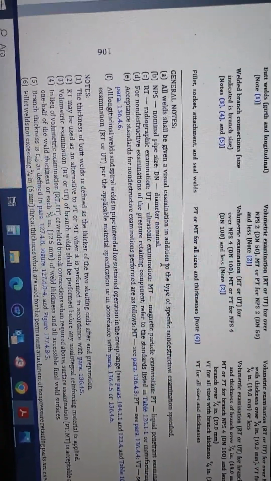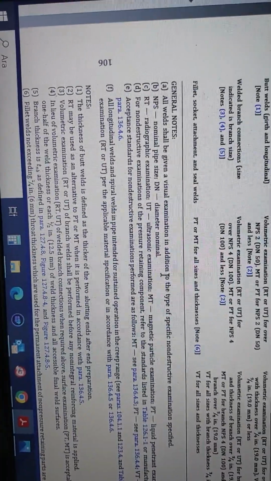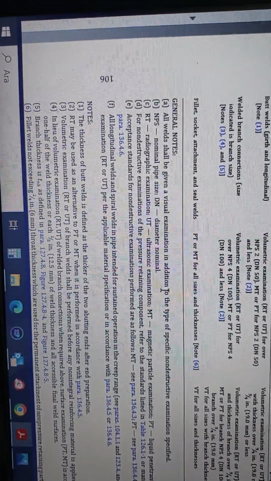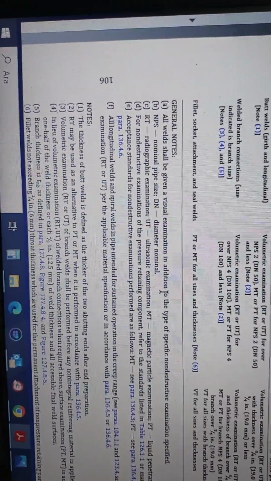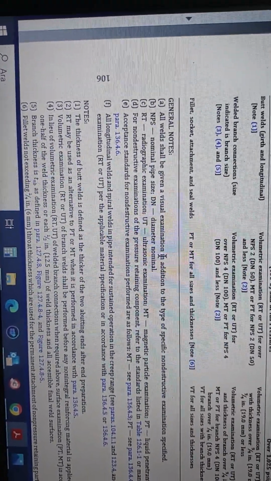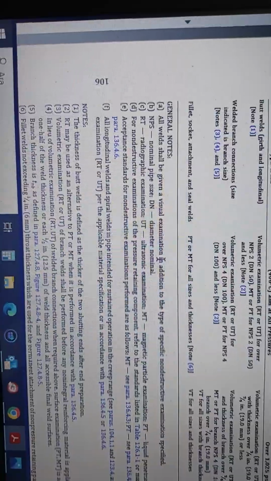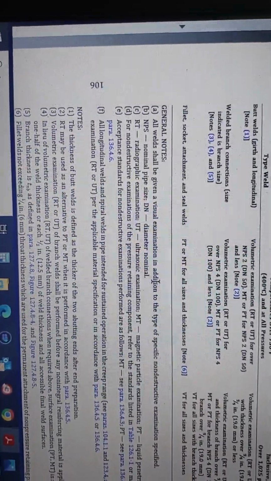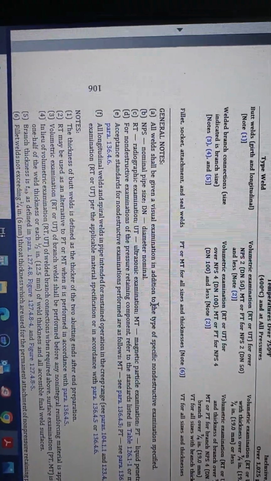Also, in addition, for all completed welds we need to apply a visual examination in addition to